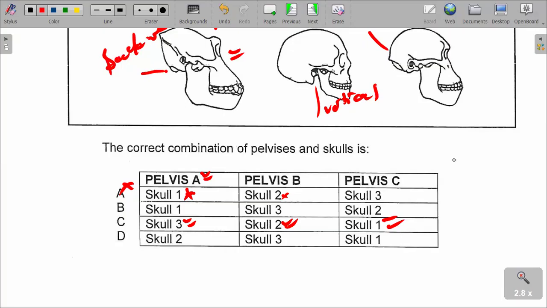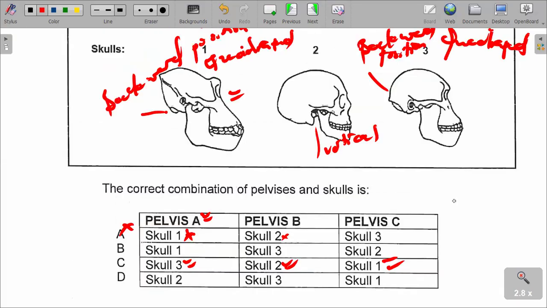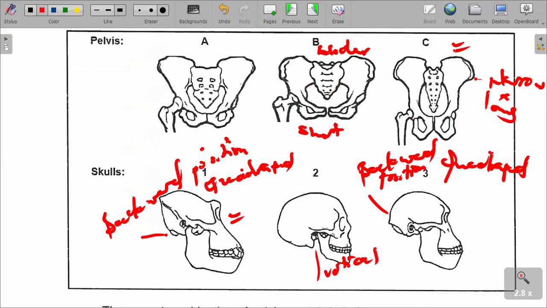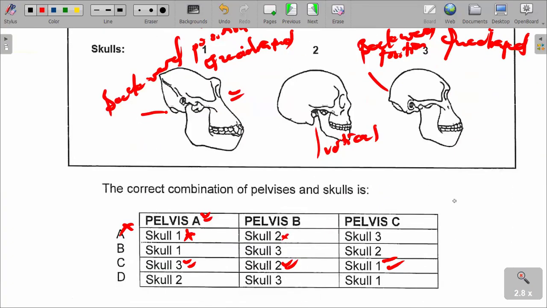Pelvis A must represent skull number 3, and pelvis B must represent skull number 2, because the wider and short pelvis represents a bipedal organism which has a vertical, more forward position of the